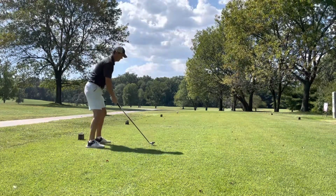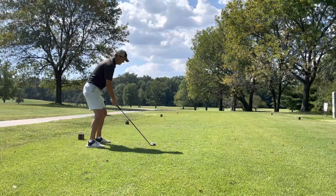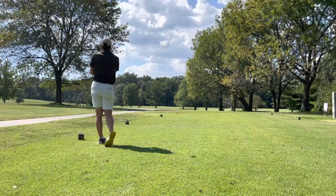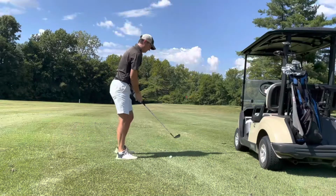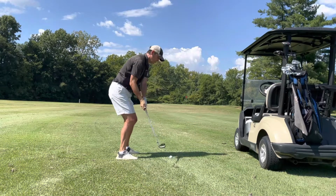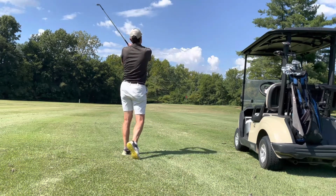This is a par 4, sharp dogleg right, short, 275, but you can't go at the green because of all the trees to the right. But I hit a good 5-wood, left me about a 75-yard pitch shot again, and again,